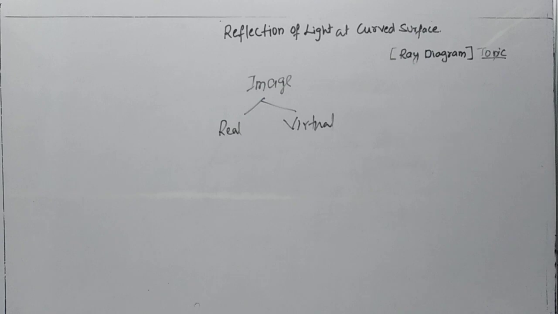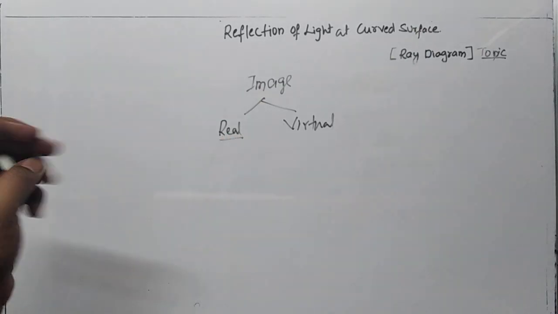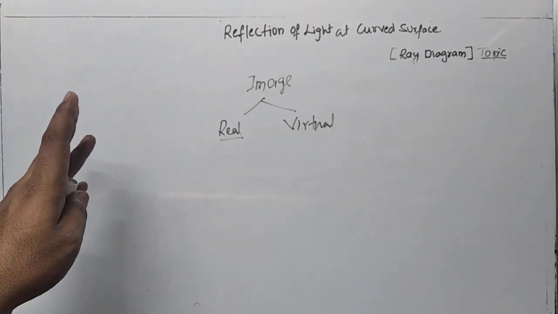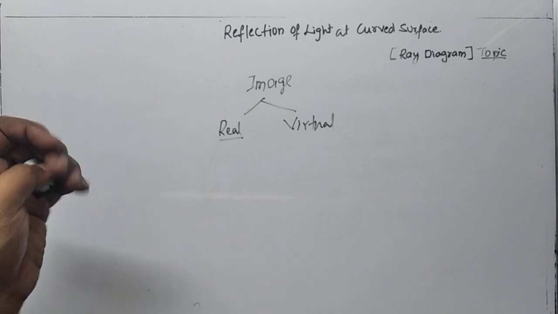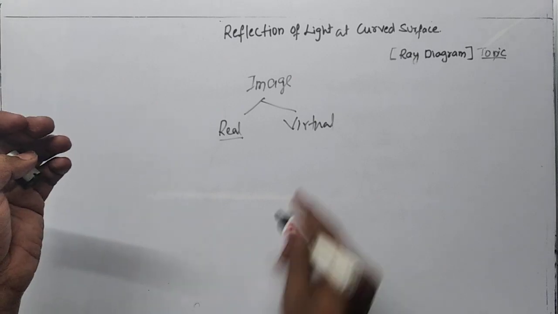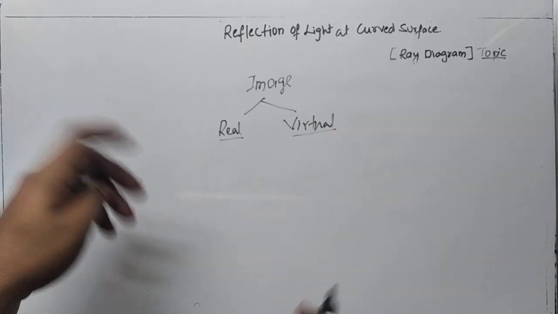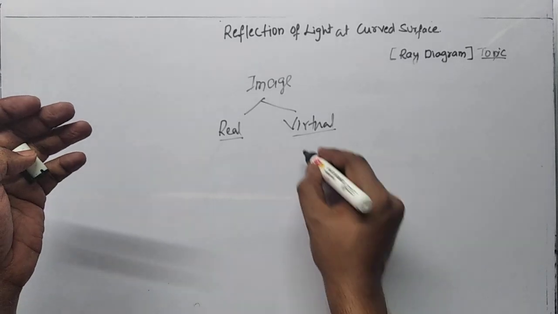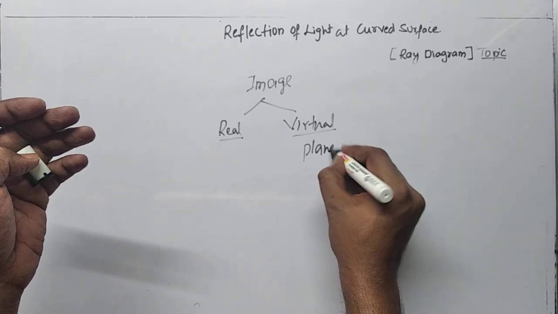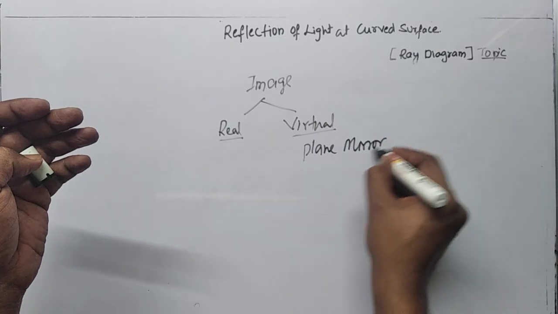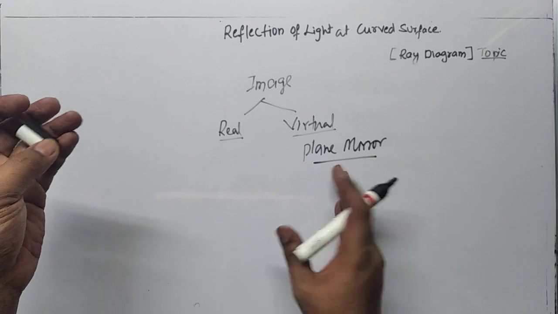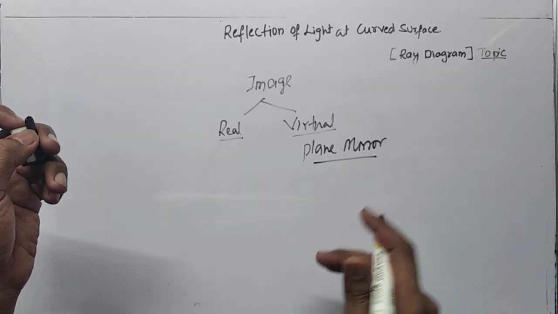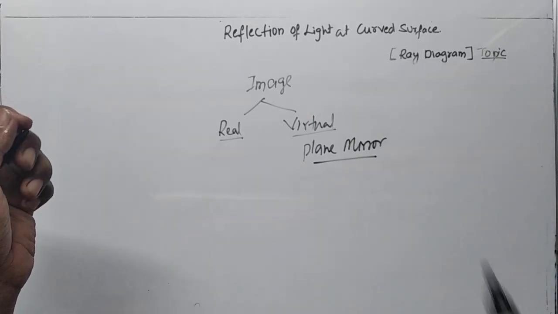So you just remember that image which is formed on screen, you can say that the image which you are seeing on the projector, which is formed by the projector, is an example for real image. The virtual image is the one we form on the mirror itself. So if you take the example of a plane mirror, if you stand in front of the plane mirror, you will find the same thing appearing on the mirror.